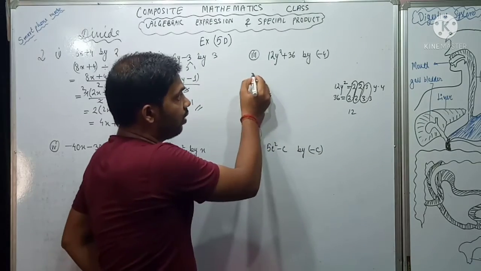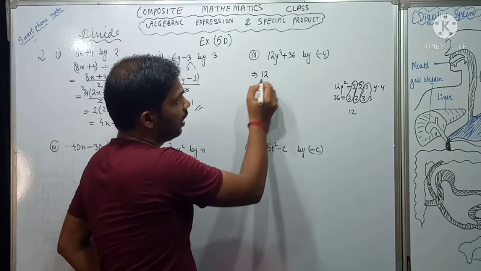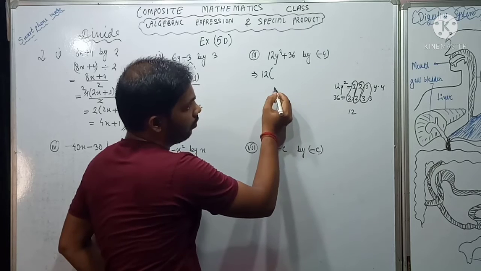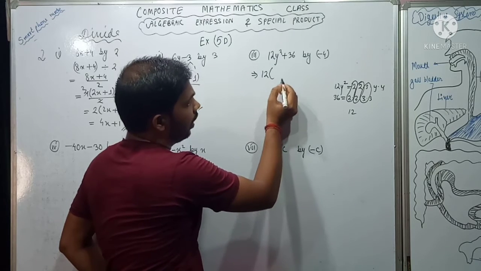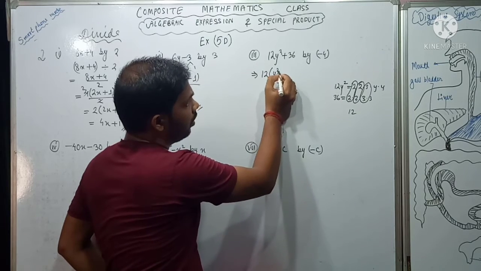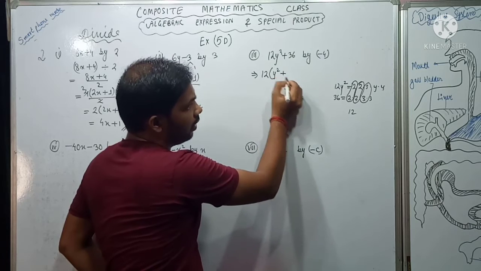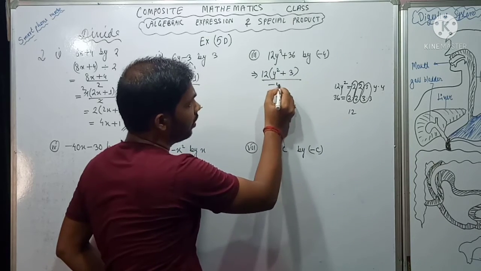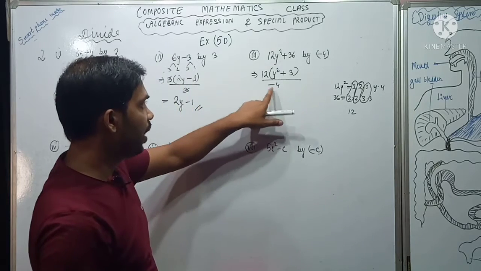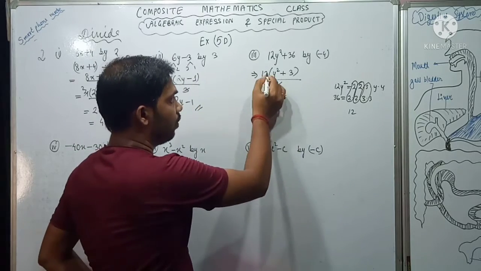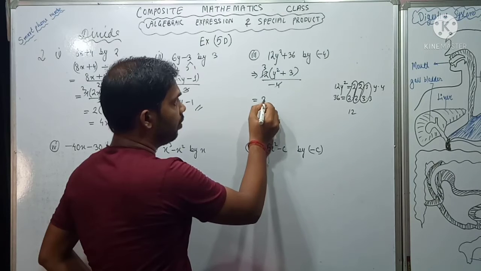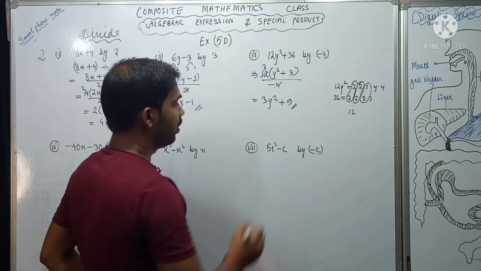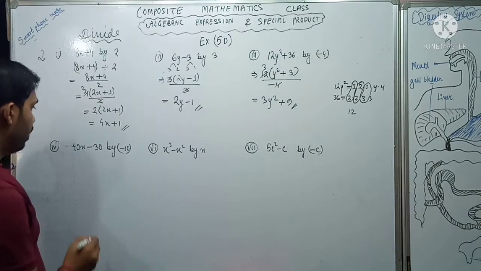So I will take out 12 here, and what will be remaining? You see y into 4. Okay. So y into y, that means y square will be remaining, plus here what will be remaining? Only 3. Now divided by minus 4. Now you know very well that when minus 4 is divided by 12, 4 3s are 12, so it is 3. That means 3y square plus, you multiply, then it is 9. This is your answer.